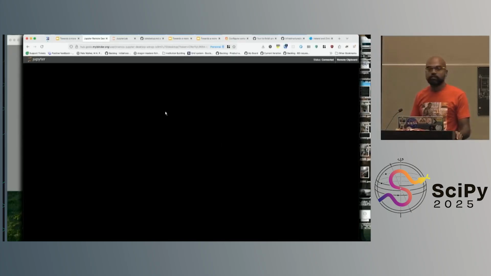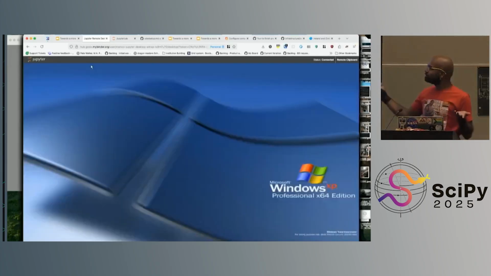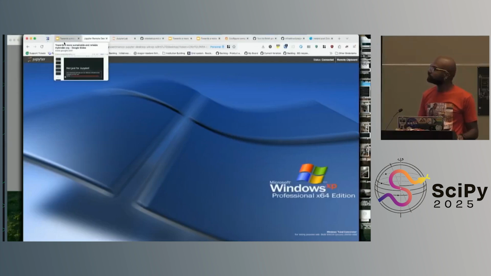Now it's just waiting for Windows XP to load. Who knows how long it'll take. I'm going to move on. But it launched. Oh! We are here. So it is fully interactive, but I'm so tempted because it's such a good demo, right? We've gotten so close. Now it's just the internet taking a while for these things to load. But we'll come back to it.